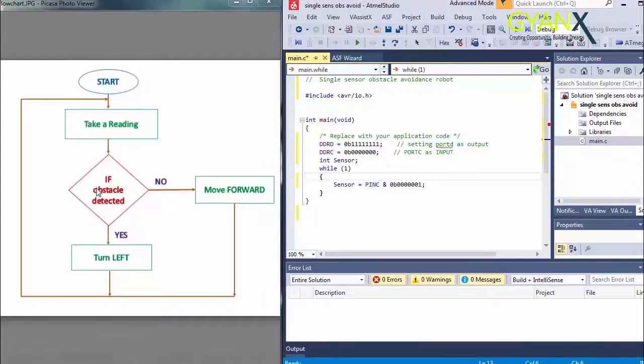Now comes the checking part. The equivalent part of this symbol in the programming language is the if else statement. So we will write if, else. Now inside the if statement, we are going to check if an obstacle is detected or not. So the way to check this is by writing